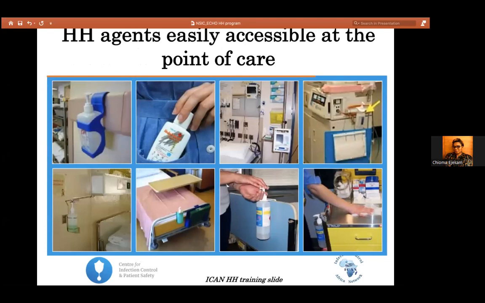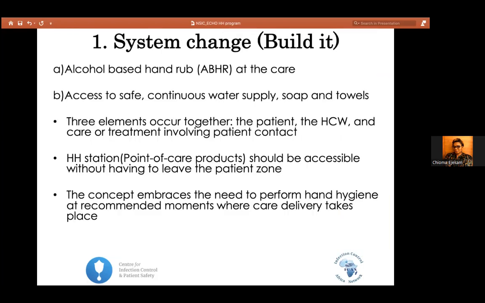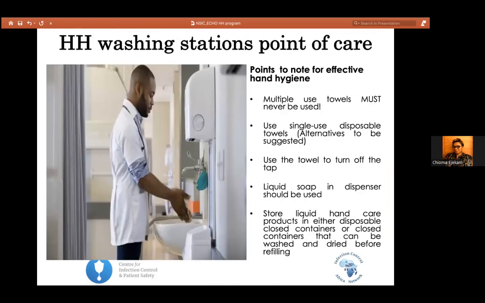It needs to be accessible. You see here where the health worker has her own in her pocket. It needs to be in the different areas where the healthcare worker, the patient, and the health treatment or service occurs. You must have your hand hygiene in those facilities, okay? And this concept embraces the need to perform hand hygiene where care delivery takes place. That is what we are speaking about.